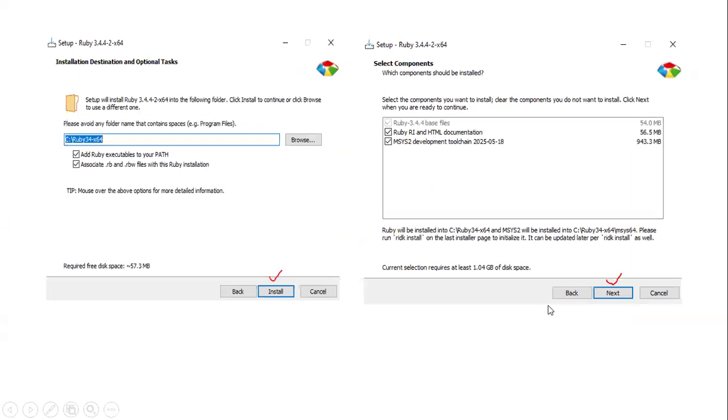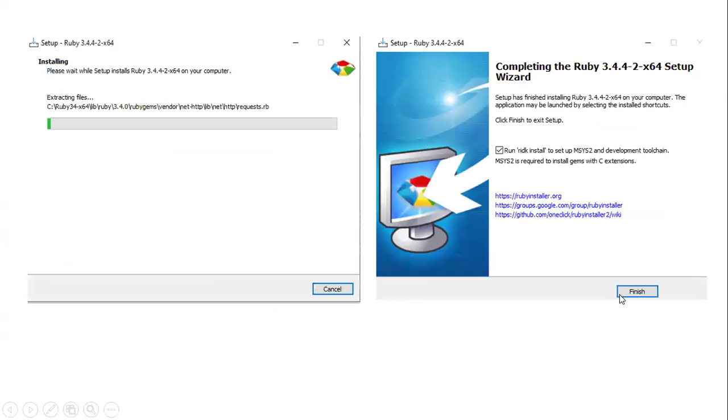Once the Next button is enabled, it will go to the installation location. It will install directly here. You need to click on Install. Once you've clicked Install, it will open this window. By default, these two options will be checked. No need to uncheck those. You can click Next. Once you click Next, it will start the installation, and then you will come to the Finish